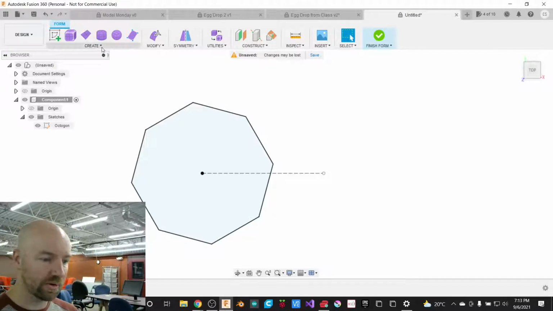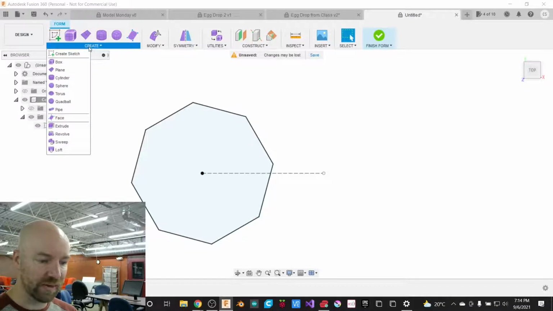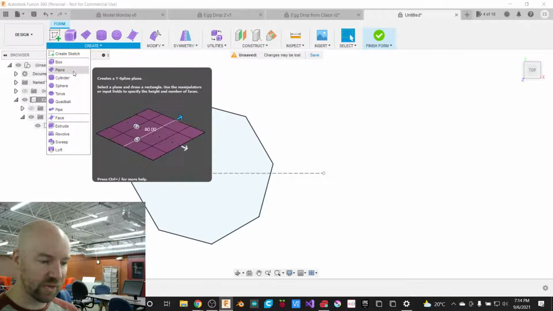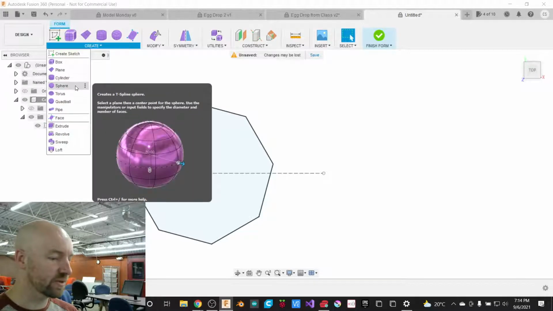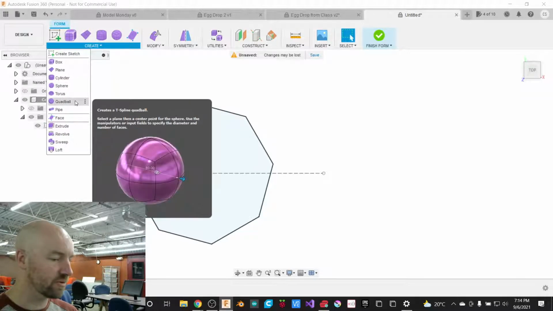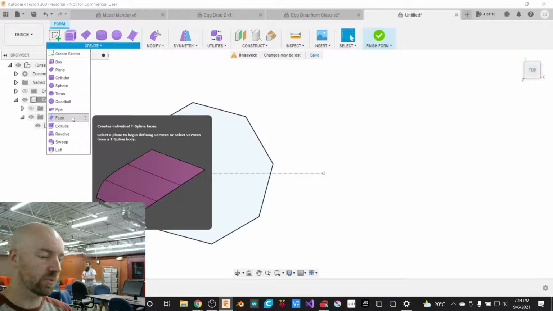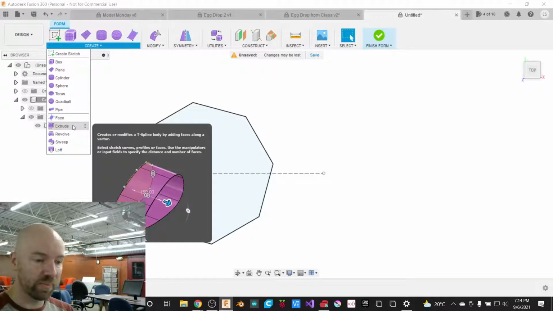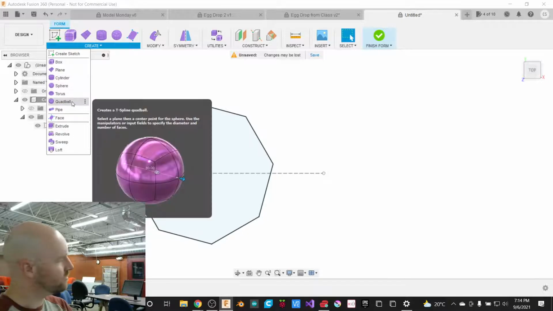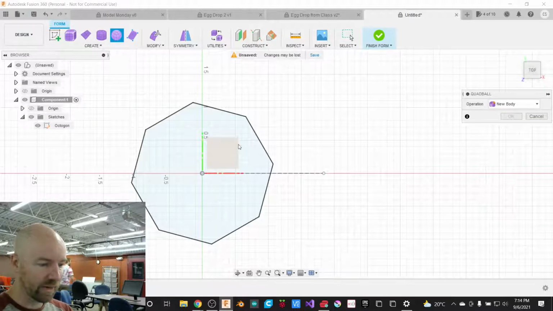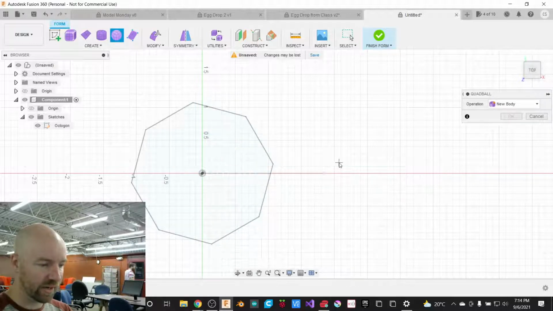So if I click that create form option here, we've got a whole new create menu, and this create menu is full of all sorts of shapes that you could think of more as balls of clay, I suppose you could say. As opposed to a solid object, which is normally what we model in Fusion, these are kind of like balls of clay. So for example, this quad ball option, if I choose it and I pick a plane to draw that on,